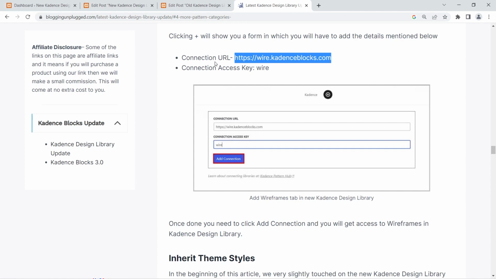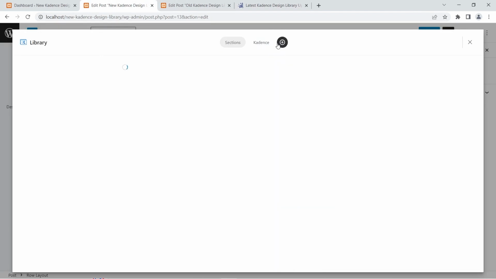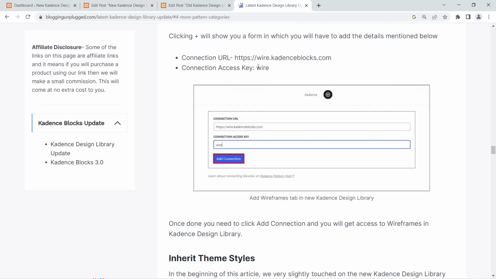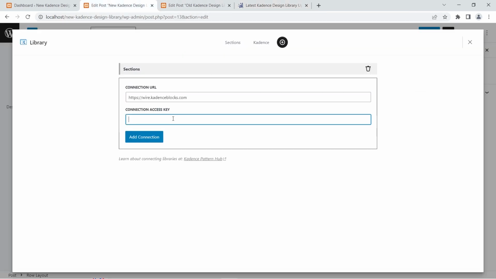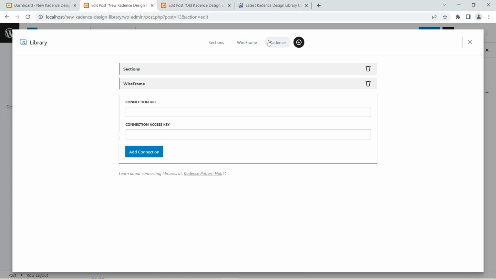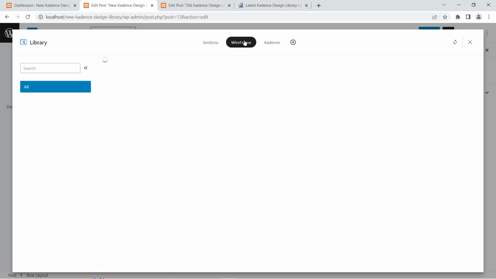And what I'm going to do right now is copy this connection URL right here. I'm going to go back here, click add, and add this connection URL here. In the next step, I'm going to copy this access key right here and paste it right here. In the next step, I'm going to click add connection, and it adds the wireframe section right here,